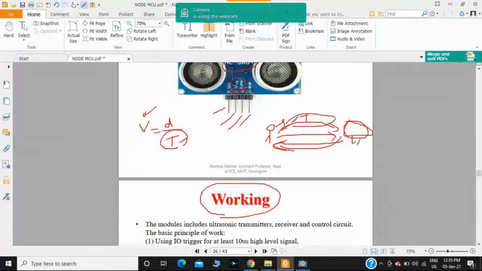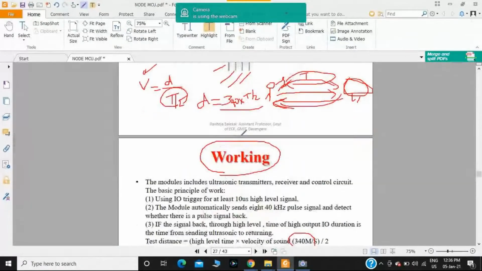I should take only the one-way direction, so I divide it by 2. Then d is equal to velocity, 340 meters per second, times the round trip time divided by 2, t by 2. You multiply the velocity of sound with the one-direction time taken by the sound wave moving from the object to the sensor or the sensor to the object. You will get the distance between the sensor and the object.